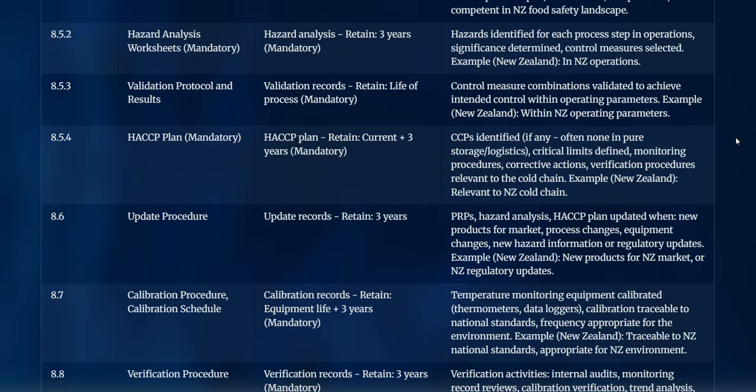And here HACCP plans are a mandatory requirement to retain for the current version plus 3 years. And here the auditors will confirm CCPs being identified, if any, and often you don't have them in storage logistics, but you will have PRPs. And critical limits are defined, and monitoring procedures and corrective actions and verification procedures relevant to the cold chain. And then you have 8.6,